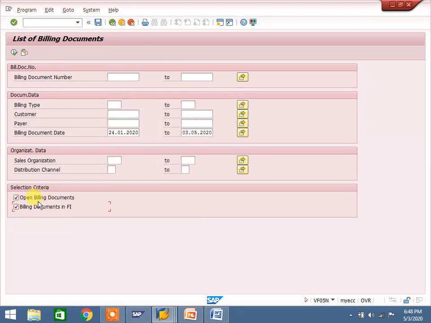If you want to execute open billing documents, they will come. Otherwise, if you want to display posted documents, they will come. If you select both, both will come. I will show you the report.